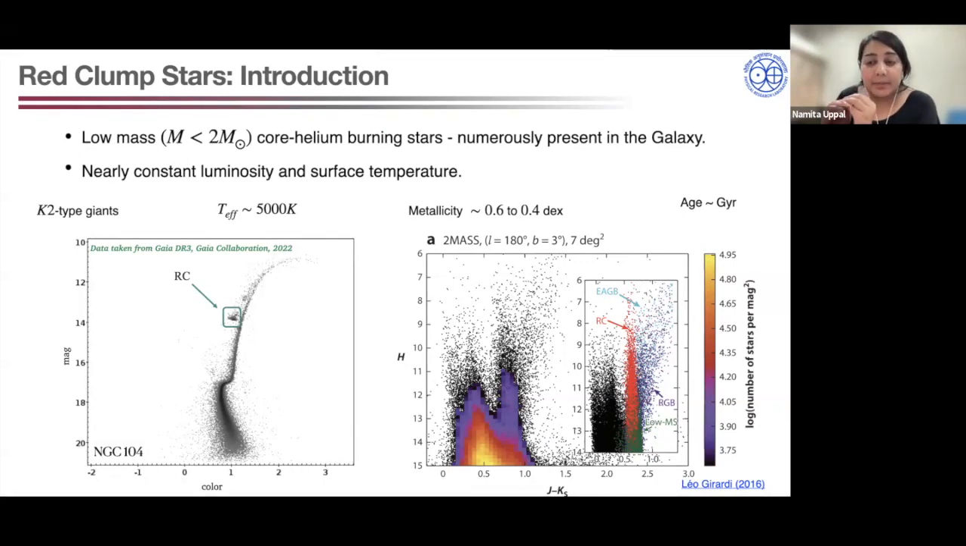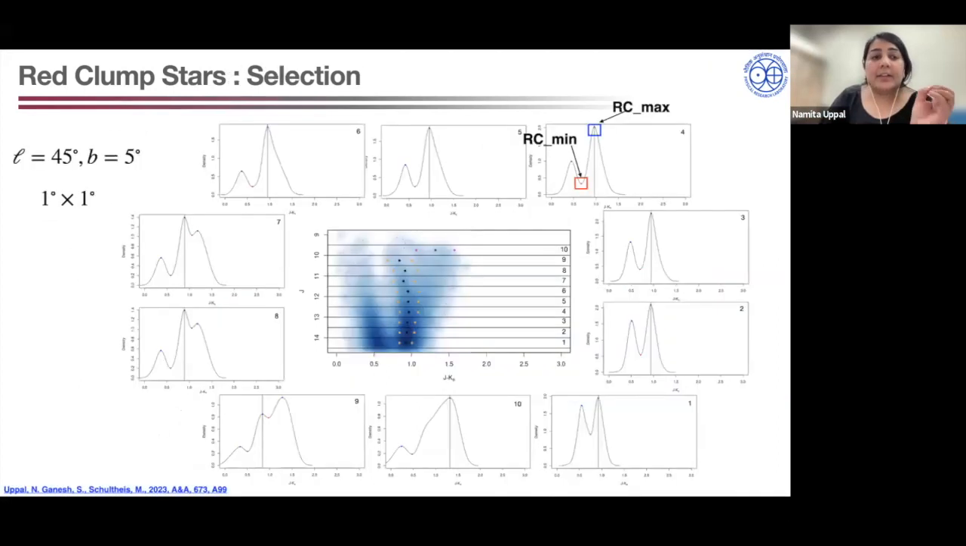So keeping this in mind, we wanted to select these red clump stars from the color magnitude diagram using 2MASS data. For that, we decided to take a 1 degree by 1 degree region in any direction, let's say at l = 45 degrees and b = 5 degrees. So we constructed a